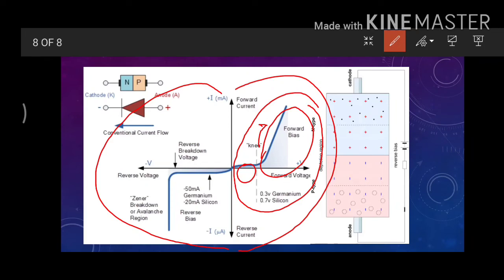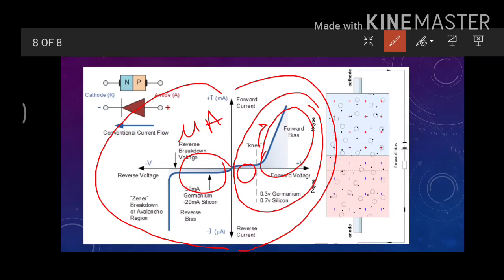However, when we talk about the reverse bias condition, we have seen in the previous slide that a very minute current, in microamperes, flows in the reverse direction because of minority charges. The p type has minority electrons, and the n type has minority holes. They exist because, as we discussed in our last lecture, an intrinsic semiconductor generates electrons due to the thermal energy it gains.